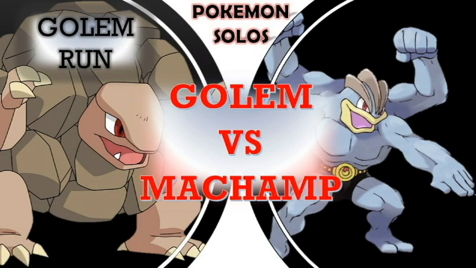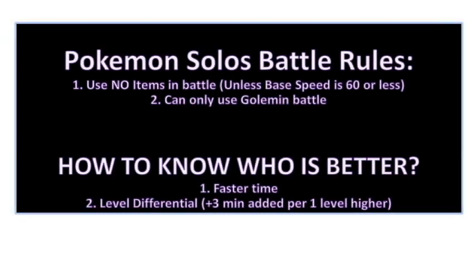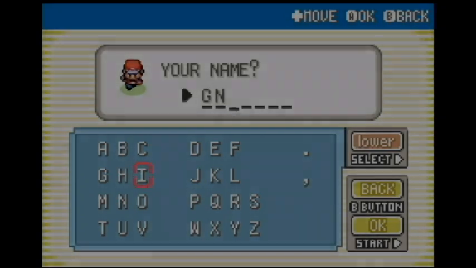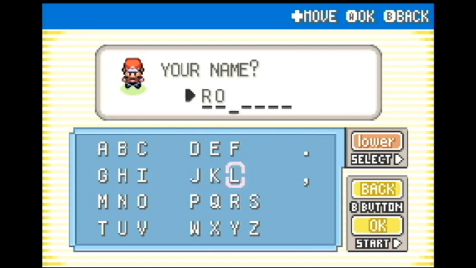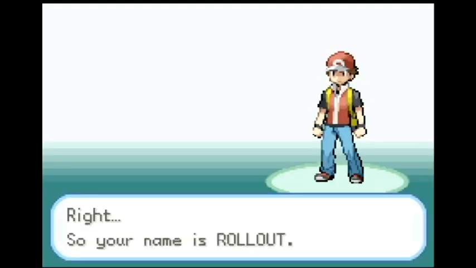So let's set up some rules here. The first rule, of course, is you don't want to use any items in battle unless their base speed is less than 60. Then I use held items. I can only use Golem in battle. And how do I know who's better? Well, faster time, of course, but a level differential will be in here as well, meaning that whichever level is higher, they'll add 3 minutes to their time per level they're higher. We can get to that a little bit further, but right now we can definitely jump into the main event,